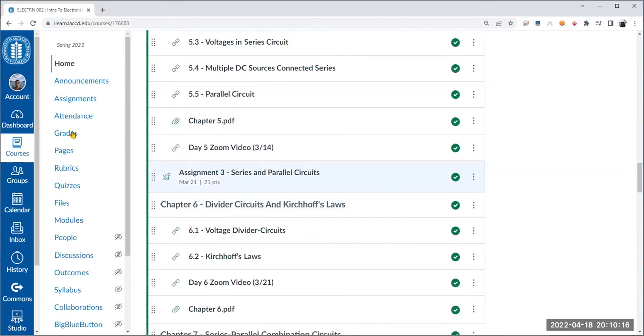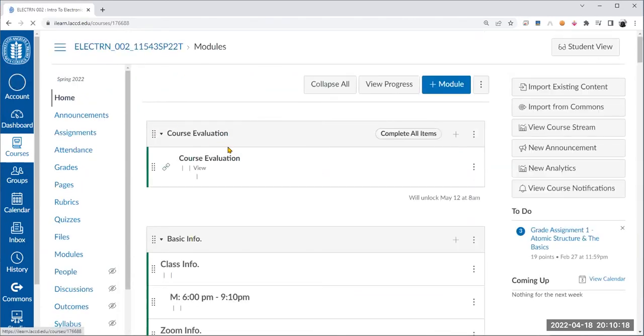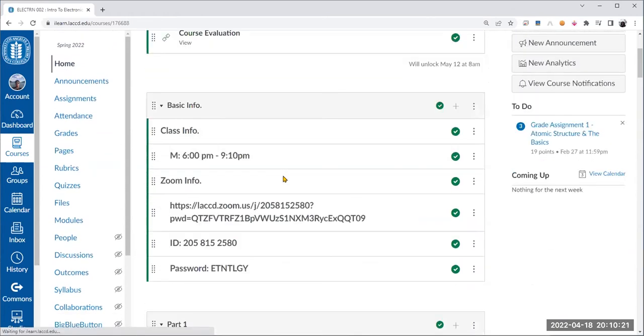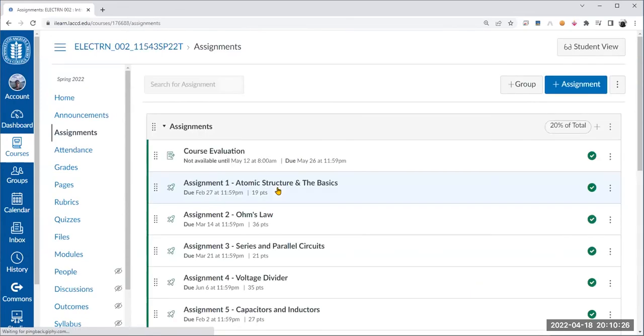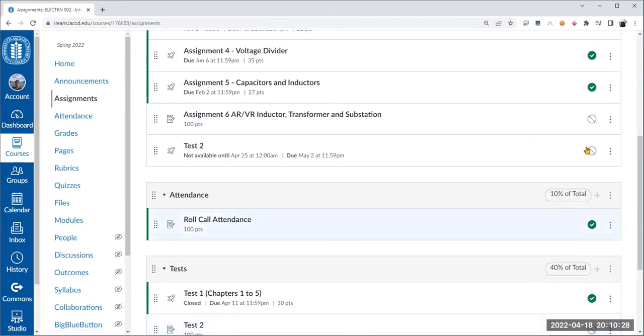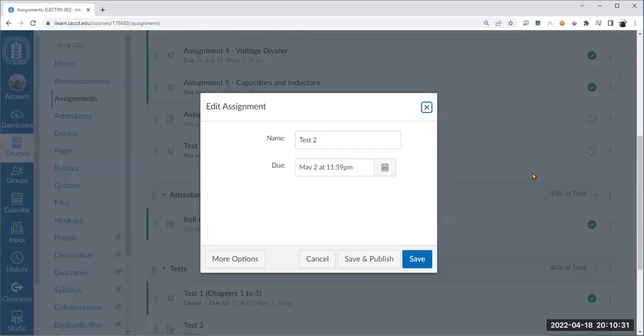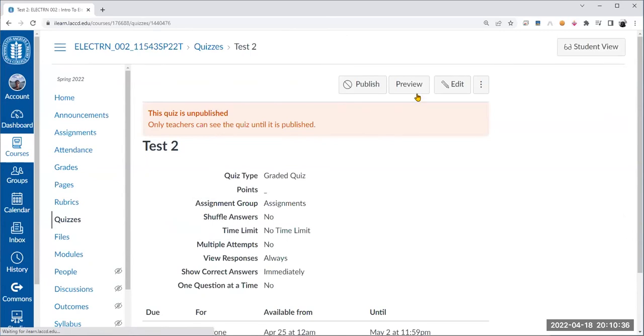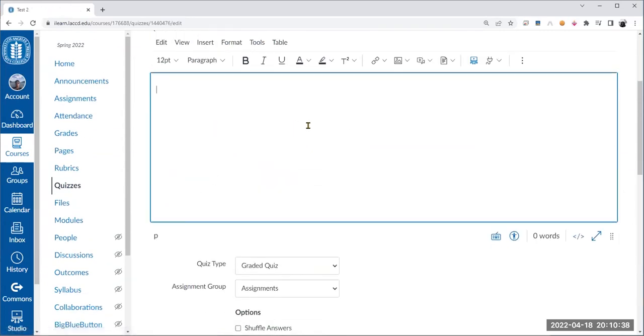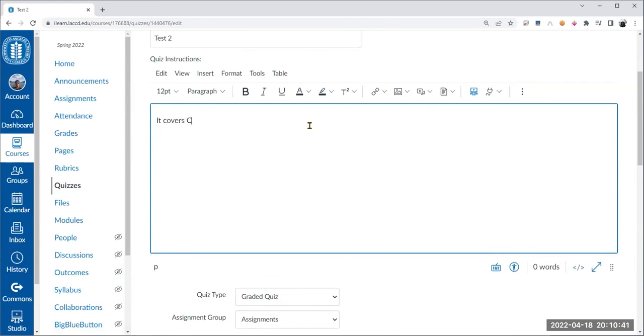So let me put a note here. We should start preparing. Of course, it's still take home. So let's see, test 2 covers chapters 6 and 7. And it's an open book, take home